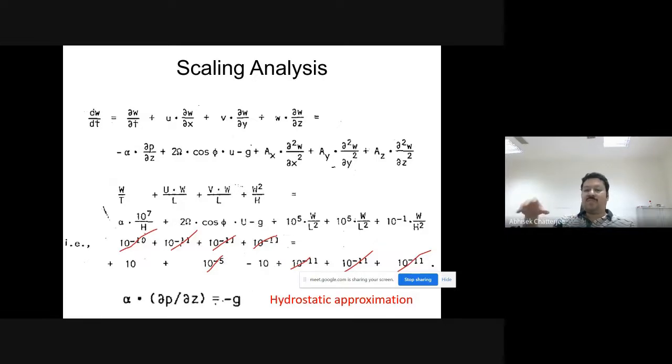So that means in a moving fluid, so what is the hydrostatic equation? In a static fluid, right? That's what we have read earlier in your previous classes. So this is the same hydrostatic equation, but it is applied to a moving fluid. That means in the typical ocean velocity field, you can always use the same hydrostatic approximation or hydrostatic equation to define that motion. Okay, so this approximation is quite valid for oceanic flows.